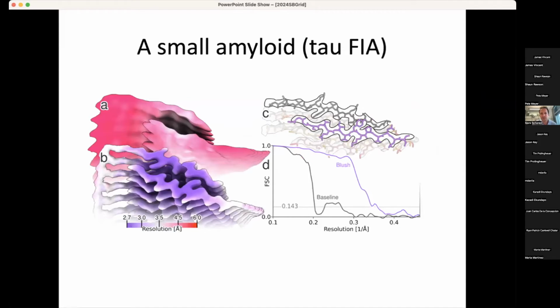Now, another example is from our work on amyloid filaments. So this is quite a small filament. It's made up of only a dozen or so residues in 2 opposing beta strands, which pack against each other. And that makes the images relatively low signal to noise, and standard RELION has big problems in doing this reconstruction. In this particular refinement, we couldn't even separate the 4.7 angstrom distance between the individual beta strands in the beta sheets along the helical direction. But the very same refinement with Blush gave a beautiful model, which ModelAngelo built completely in it.